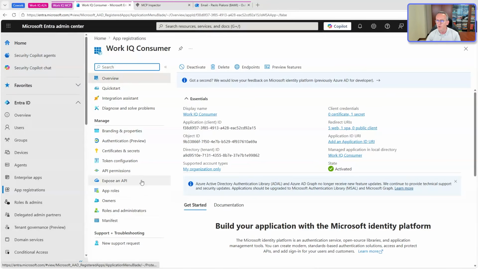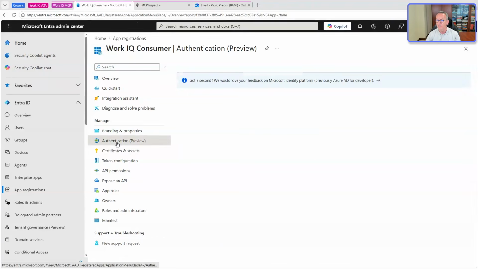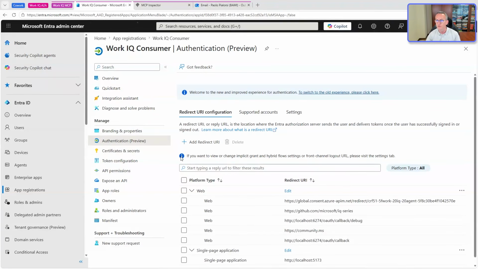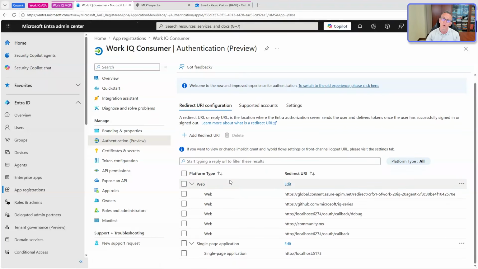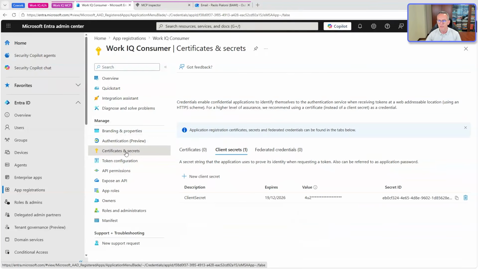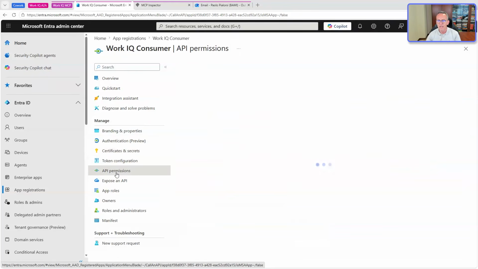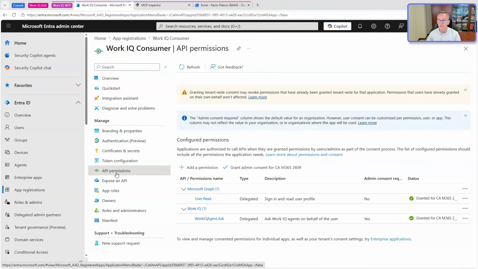In this application, of course, since it is an Entra ID application, I have a client ID, which is the unique ID of my application, and I have a target tenant ID. Plus, in the authentication settings, I have a bunch of options to use this application and to authenticate when consuming Work IQ through this application. Then, when it comes to the security part and the retrieval of the token, when we use the client credentials protocol, we can also rely on a client secret that I registered for this application. And then in the API permission section, I have a specific permission granted to this application. The permission is called